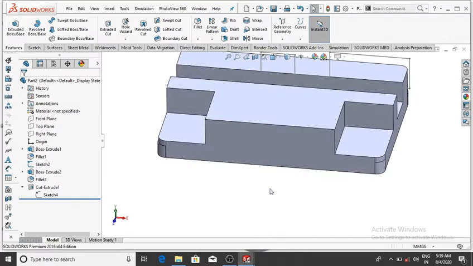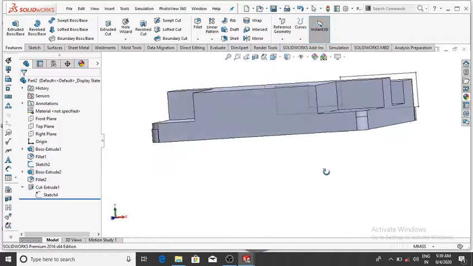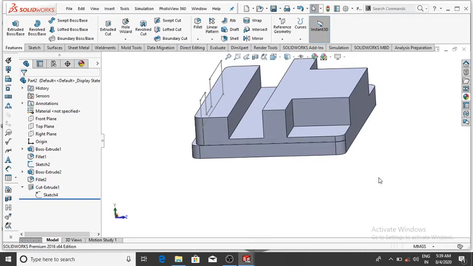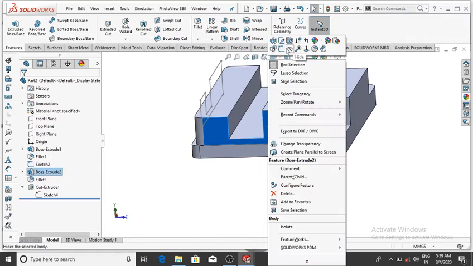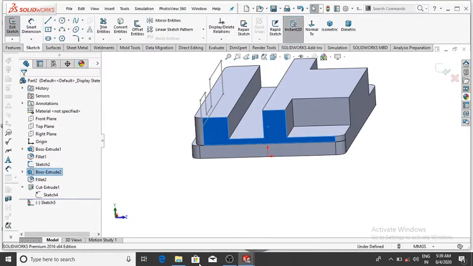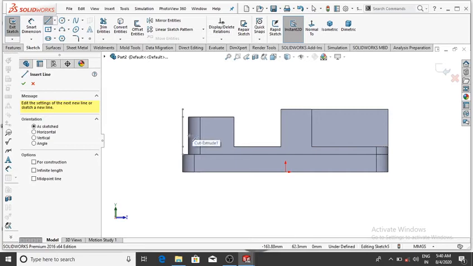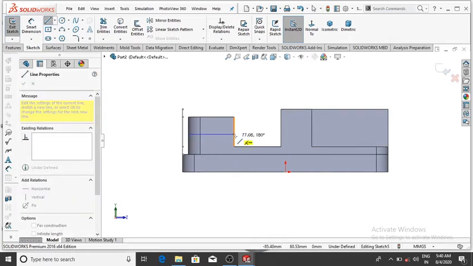So again we make the extrude cut on this face. So simply select this face, sketch, then normal, and again make the line. So select this line up to this.